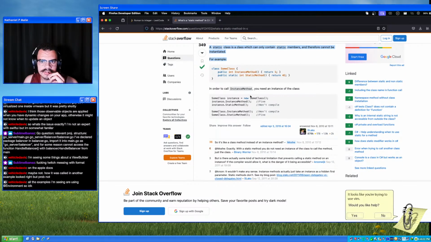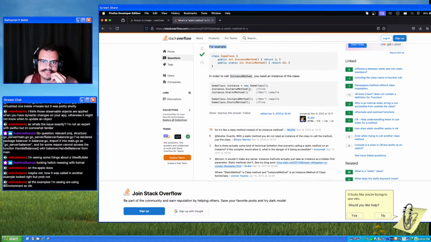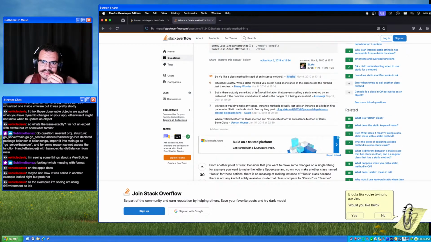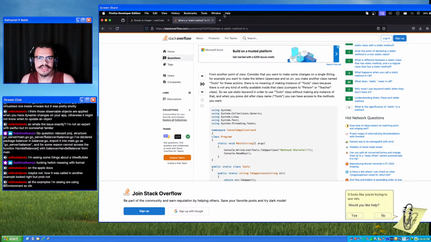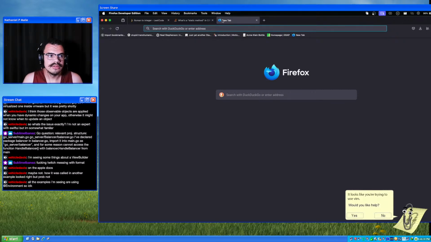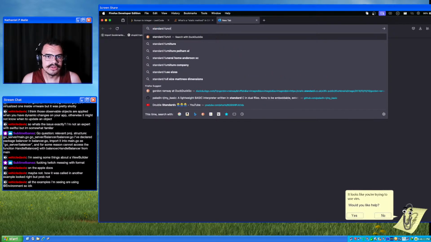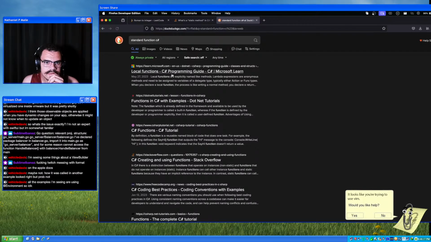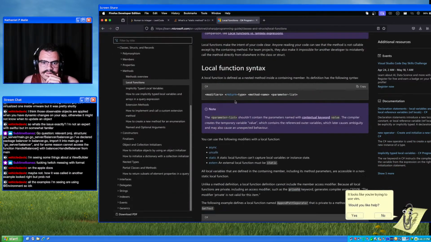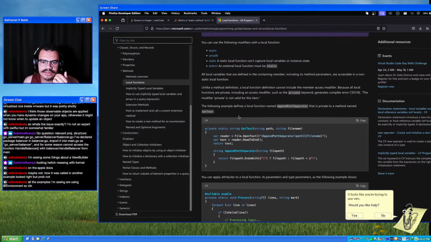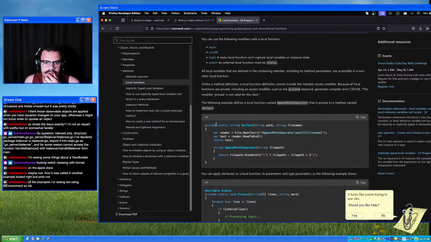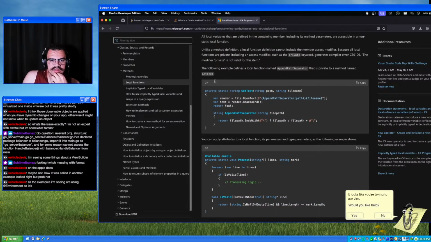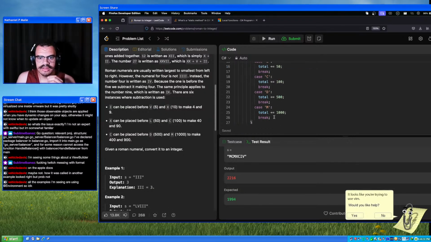In order to call an instance method, you need an instance of the class. Can you just do a standard function in C#? Local functions, that's what I want. Modifiers, return type, method name, parameters list. Oh, so can you just define one? Oh yeah, that's not a problem. Private static string get text. So that's just there. So we can just say,